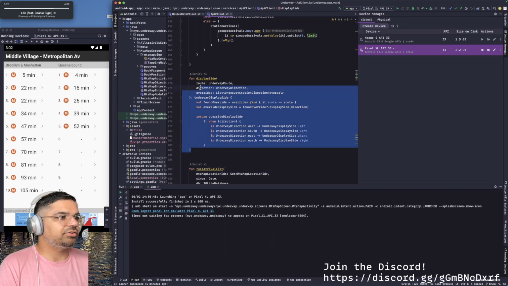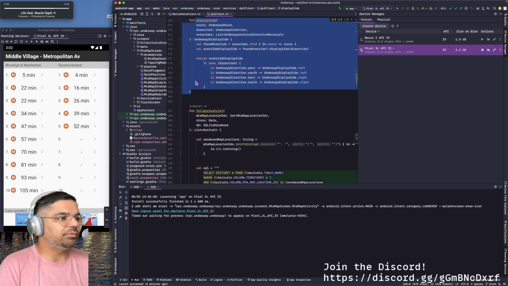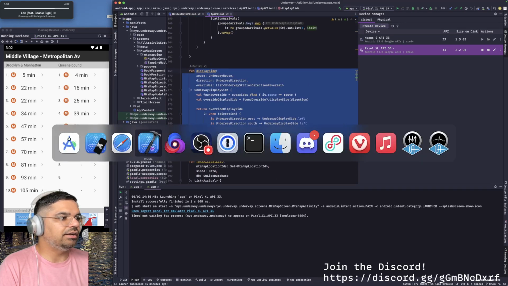So I like straight up, it looks like I am doing something with the overrides here, but perhaps I'm not doing the right thing. On